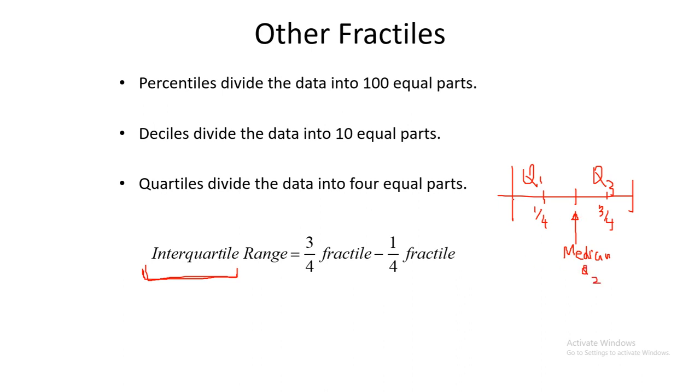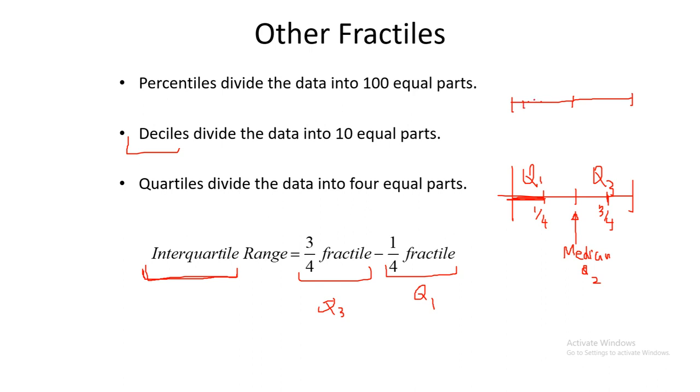Okay. So if you divide data into 4 equal parts, the first one will give you the first quartile and this one gives you 3 by 4. So the 1 by 4 fractile is basically Q1 and the 3 by 4 fractile is basically Q3. Okay, so these are the names for the quartiles. Similarly, deciles are usually denoted by D1, D2 up to D9. So if you divide into 10 equal parts,